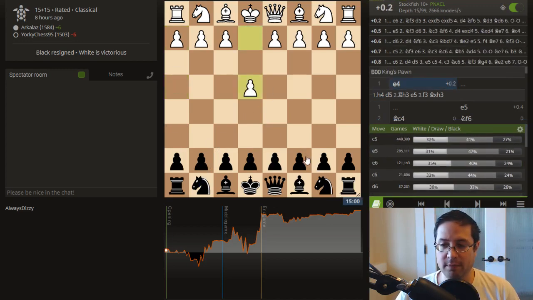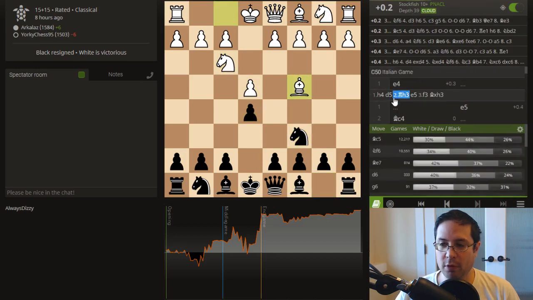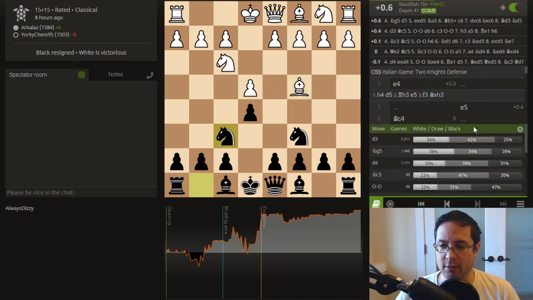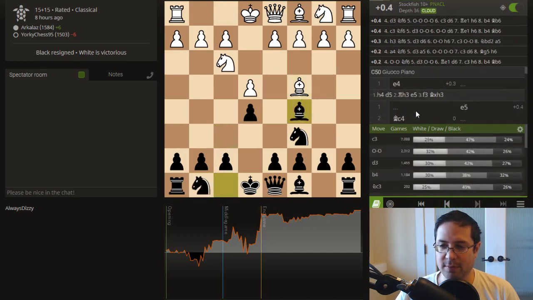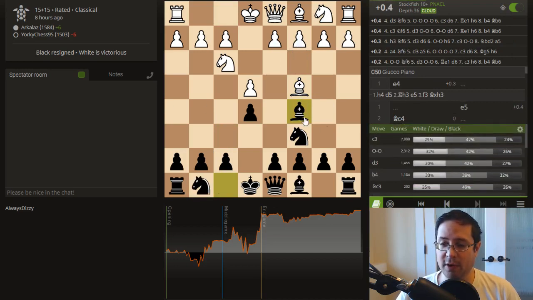If we do like a Giuoco Piano. Oh, the other thing is, if you want to know the opening name, it says it up here. Okay, but if we do like two knights, is this Giuoco? I can't even remember. Okay, this is Giuoco Piano. It's been so long. I don't play e5 as black. But anyways, if we go here, then we can see the next move for white, the book move,